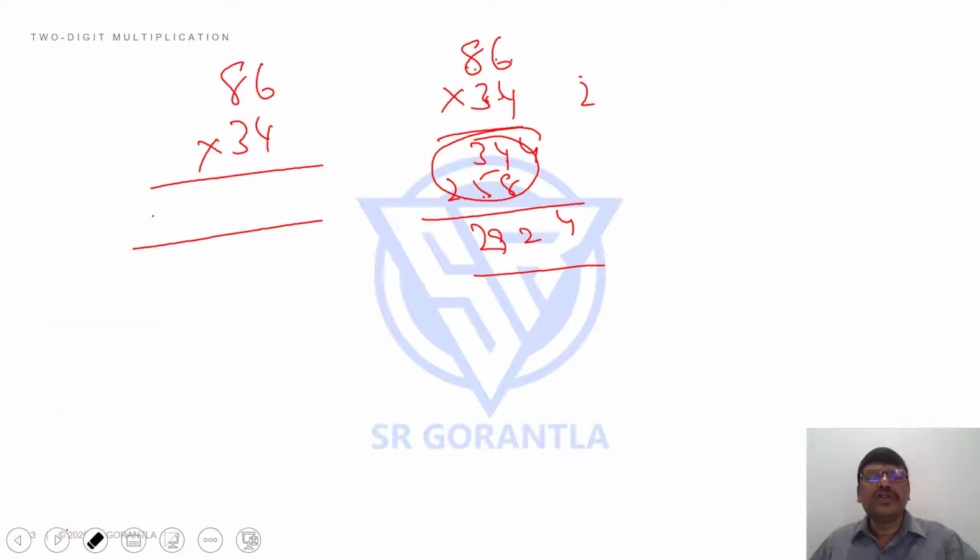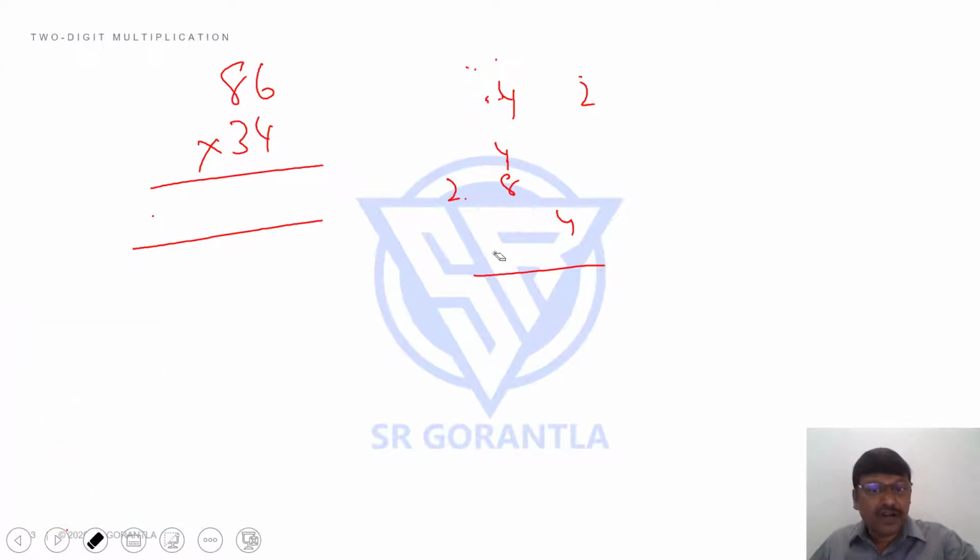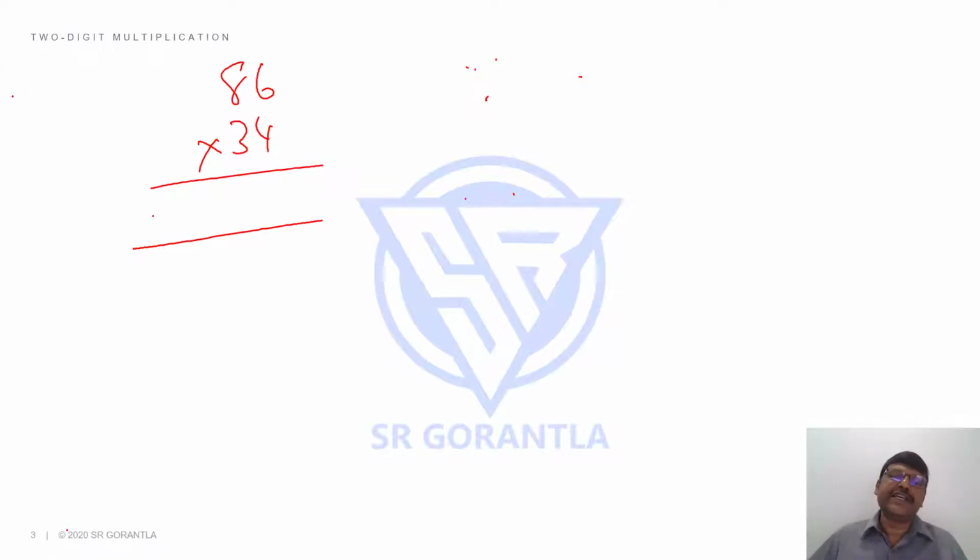Students, it just involves only the first 9 tables. If you recall the discussion we had in our intro session, I said if you know the first 9 tables, you can do any big multiplication. Let's see what the steps involved are. The first step will be 6 into 4. What is 6 into 4? 24. Or rather 4 into 6, 24. 4 here, 2 carried. You can keep this 2 in your mind.